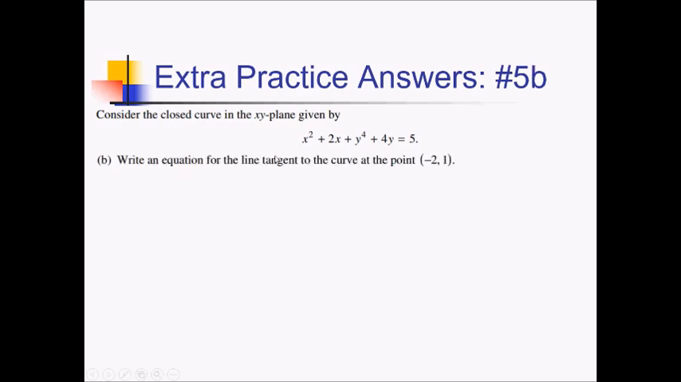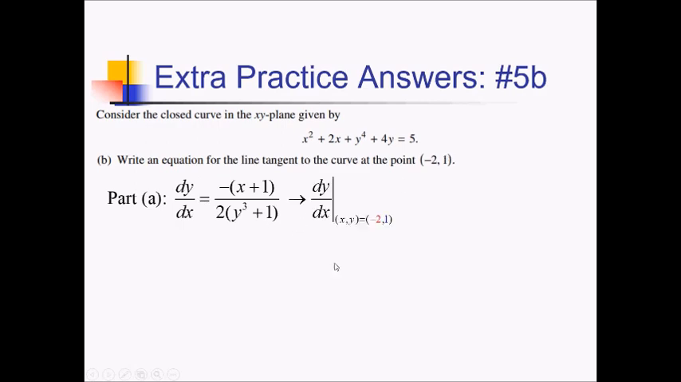For this part of the problem, they want the equation of a tangent line to the curve at (-2, 1). So they've already given us a point. For a tangent line, we just need to use point-slope formula. We still need to get the slope. Now recall from part A, and they gave us this, that dy/dx was this expression here. So let's just go ahead and plug the point (-2, 1) into this first derivative and see what we get